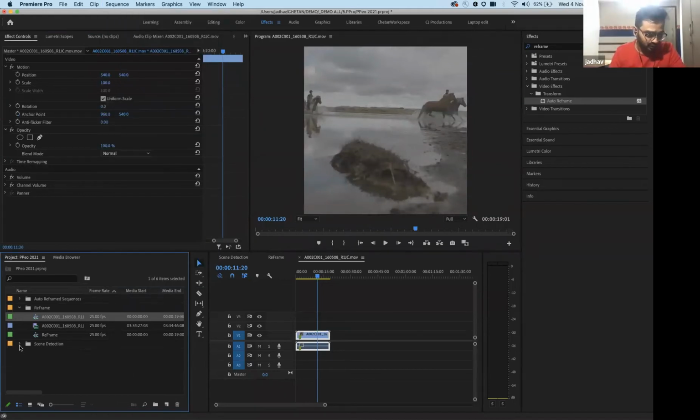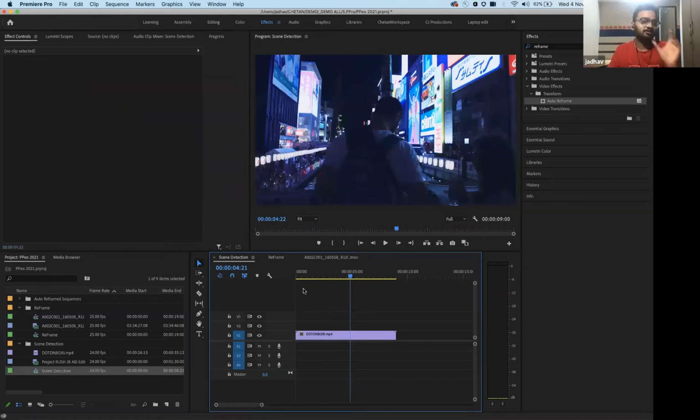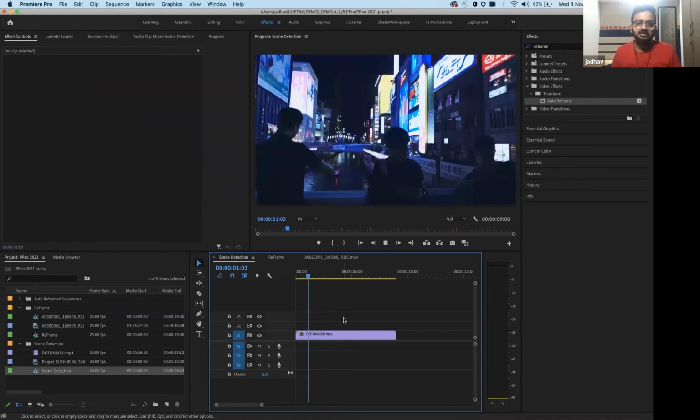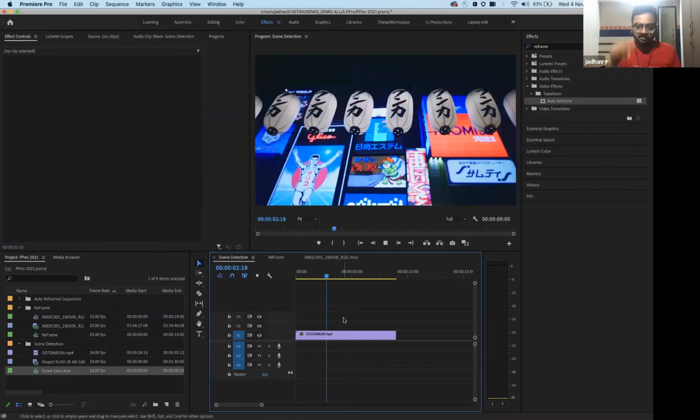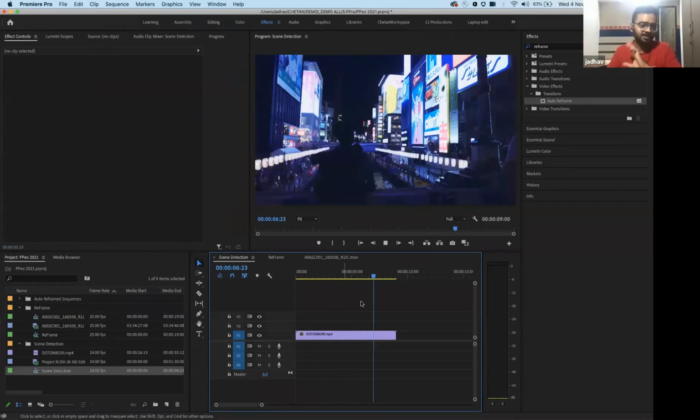The second thing I want to show you is the scene detect. Now, there are many cases in which you will get the final film and then you have to make certain changes on certain portions of the film. Now, in this particular example, you see that this is the final film where this is the first shot, this is the second shot, this is the third shot, and I think possibly this is the last shot. So in this particular clip, there are 3 shots.